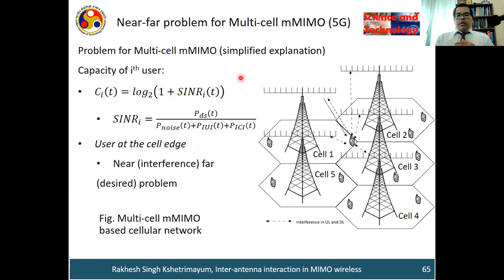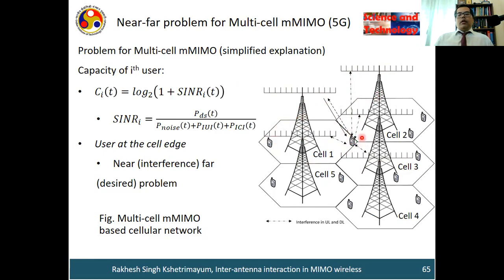Okay, so let us discuss one very difficult problem the cellular structure has had from the beginning. You have a base station with base station antennas here. This is a cell which is served by base station 1, cell 1. You consider a user here at the boundary of cell 1. Now this mobile phone is very far away from this base station antenna, but it is very near to the base station antennas of the neighboring cells. All the neighboring cells' base station antennas are very near to this mobile user at the edge of